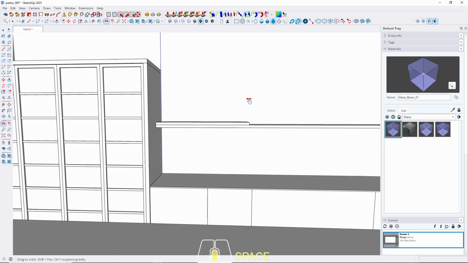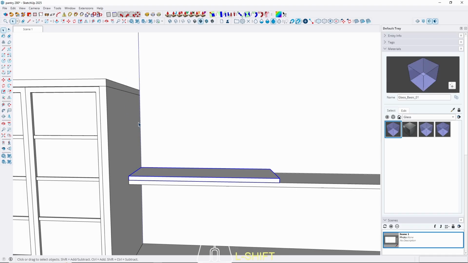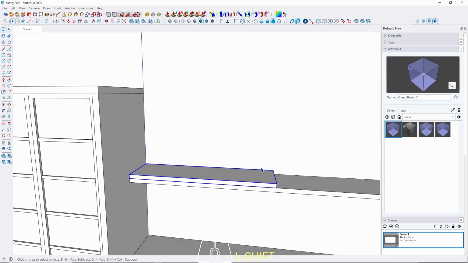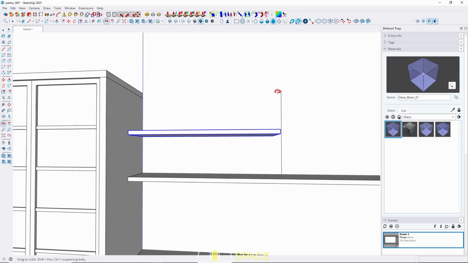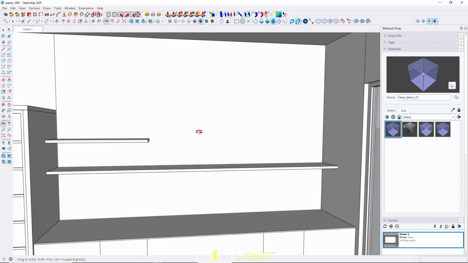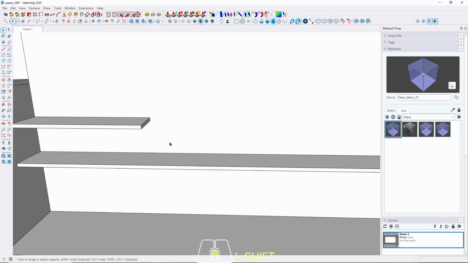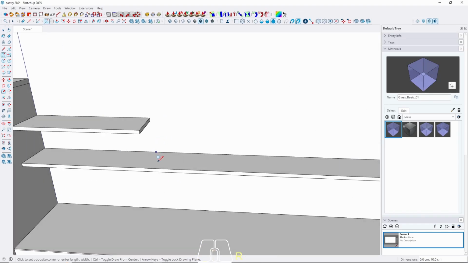Okay, make it group and then put in the middle of this space. So let's mark it first. Yeah, and then put it in the middle of the space like this. Okay, nice, beautiful. And then because this is a stove module, so I will make 30 to 30 cooker hood right here,